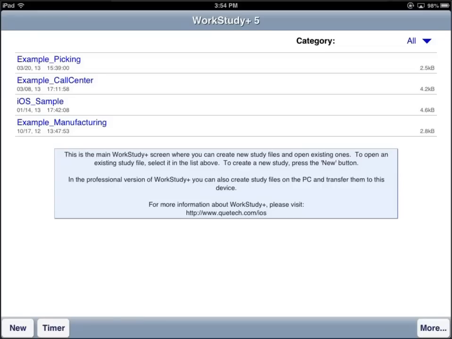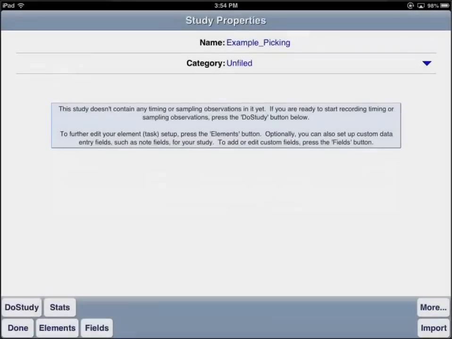and it's the first study on the list here, and we're looking at the main list of the WorkStudy software right after it started. We're going to click on the example pick, and we're going to see in the bottom left that we have a couple different buttons that we can click on. What we're going to click on is Do Study,